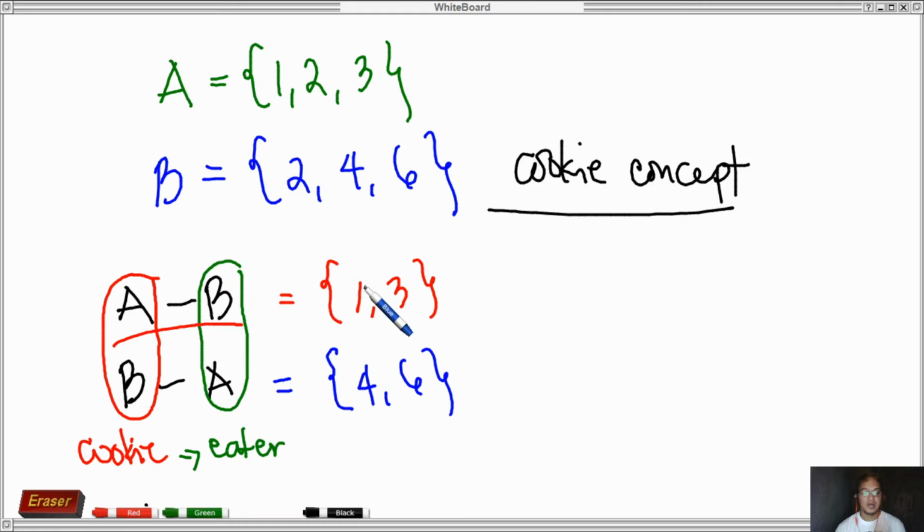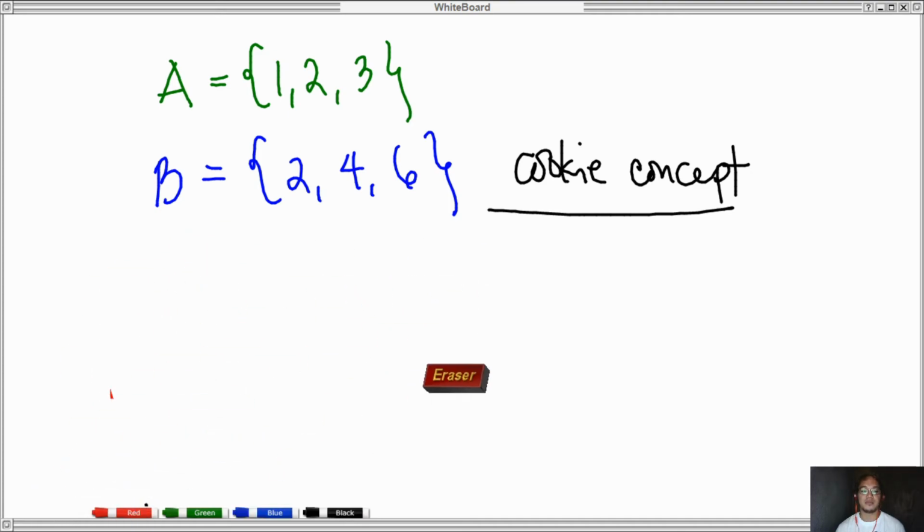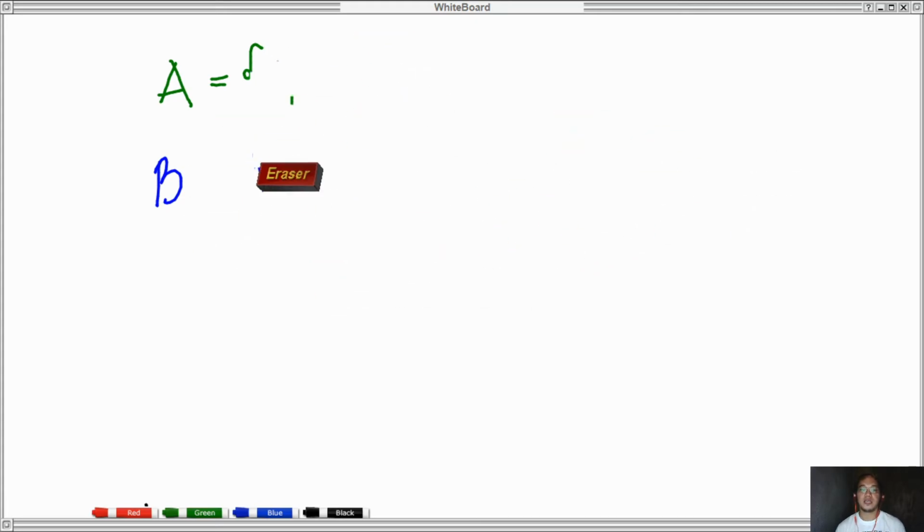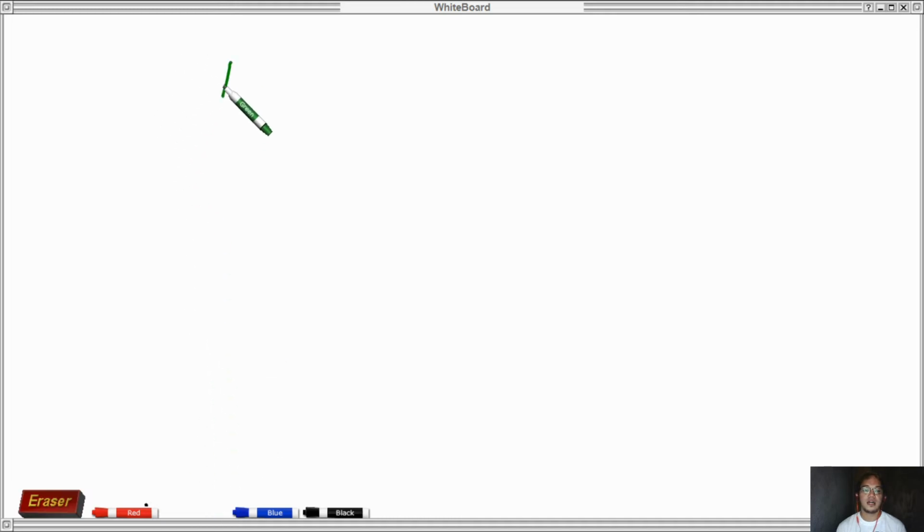Now, question: Sir, what if there is no intersection? What if there is nothing to eat? Very good question. So how about we have this example? This way we can understand it better. Again, for the difference of sets, we are only following the cookie concept. Let's have another set A: 2, 5, 10. And then set B